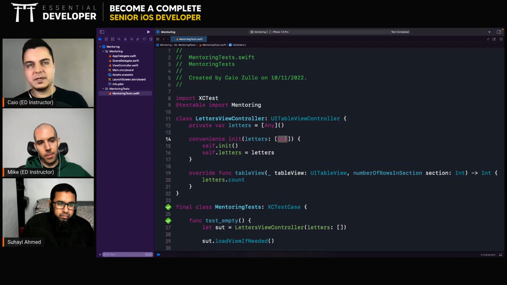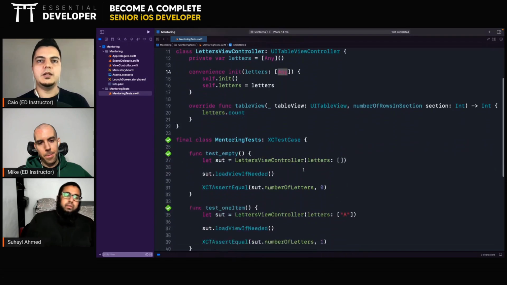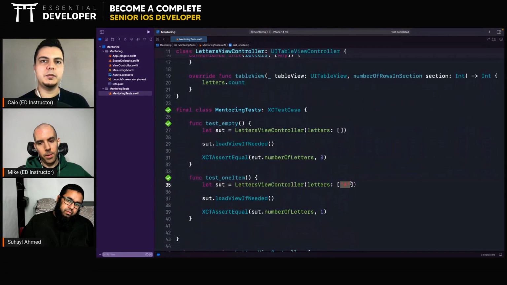Should this be a string? Should it actually be a struct called letter, with more properties and so on? And to protect my test from these changes, I'm using a string here just because it was the simplest thing to do, but later it could be something else.